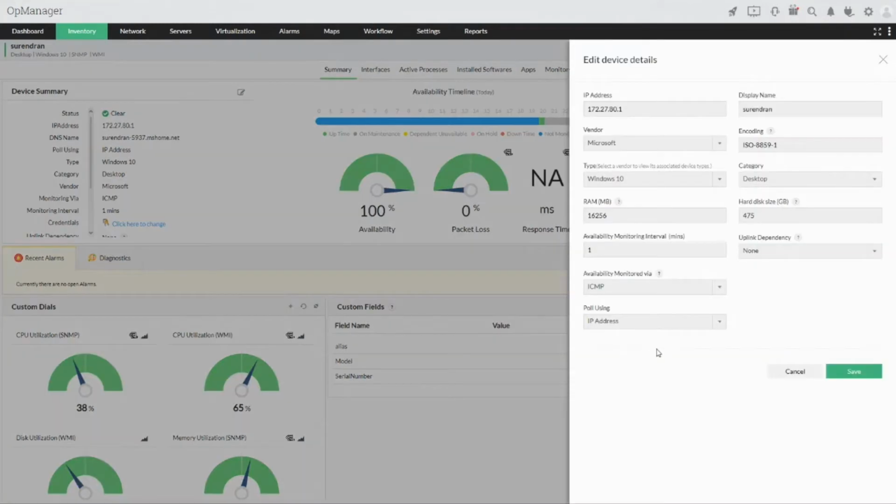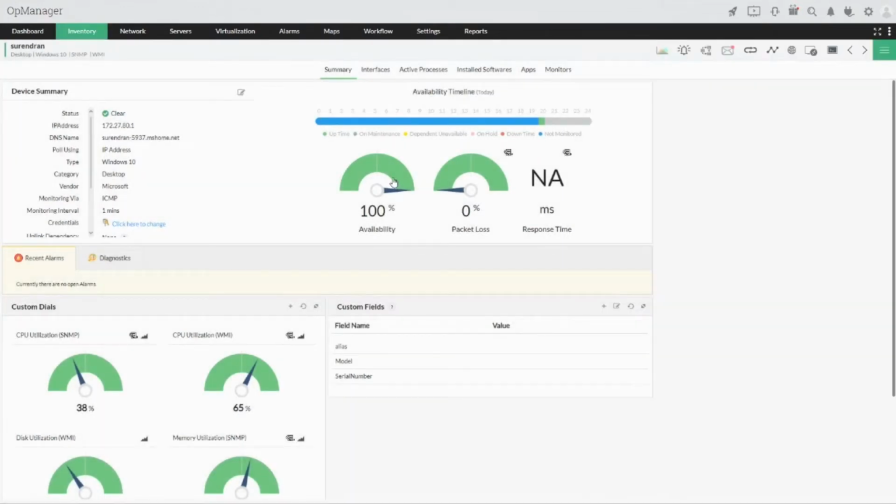In terms of availability monitoring, as we have discussed, we can monitor using ICMP or TCP or SNMP based ping response from the devices and see if the device is up or down in the regular polling intervals. Here I've configured it as 1 minute. You could have it varying from 1 minute to 60 minutes based on your requirements. The minimum polling interval for a device is 1 minute. And here the availability monitoring can be done using the IP address of the device, or if you have a dynamic environment, you can use your DNS to monitor the availability of your respective devices.